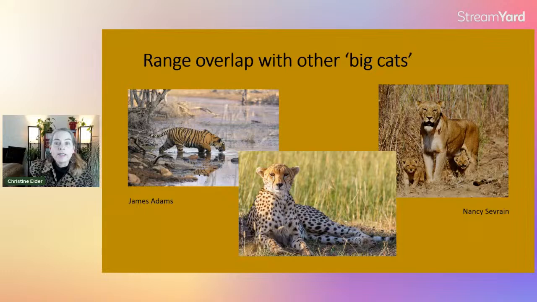So their range does overlap with other big cats, like the tigers in Asia and the cheetahs in Africa and